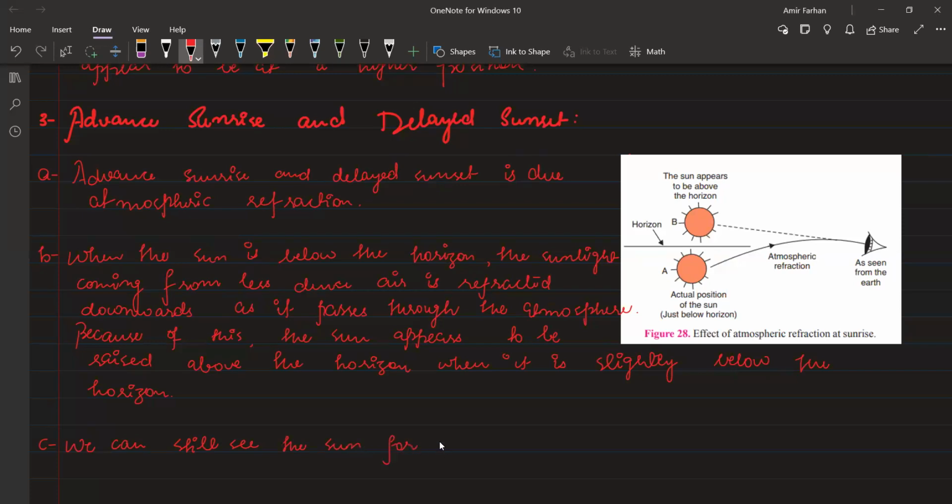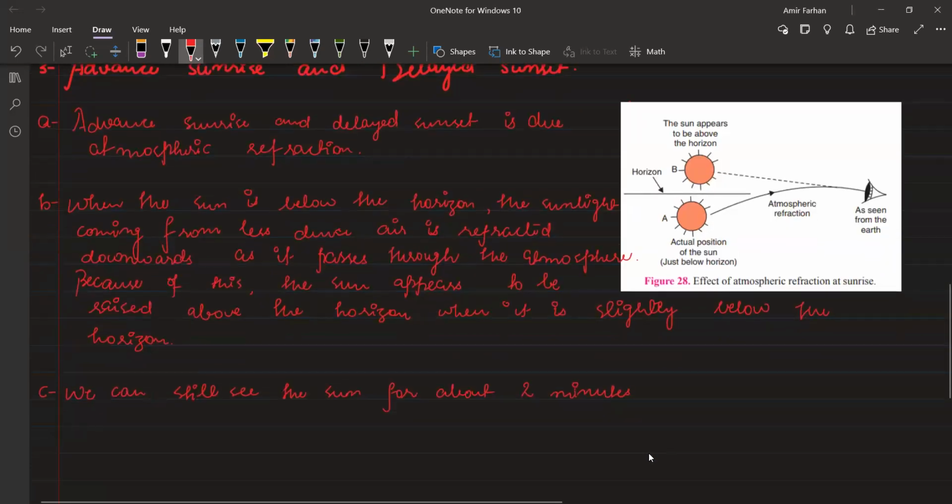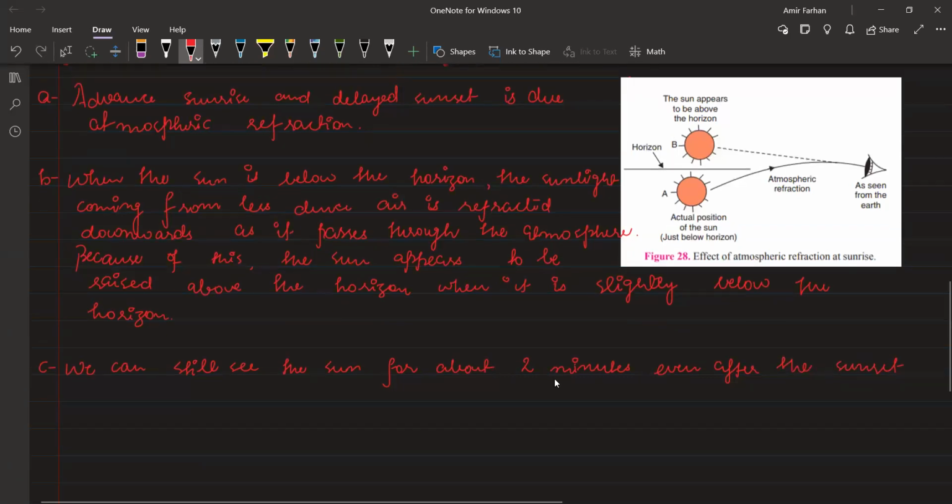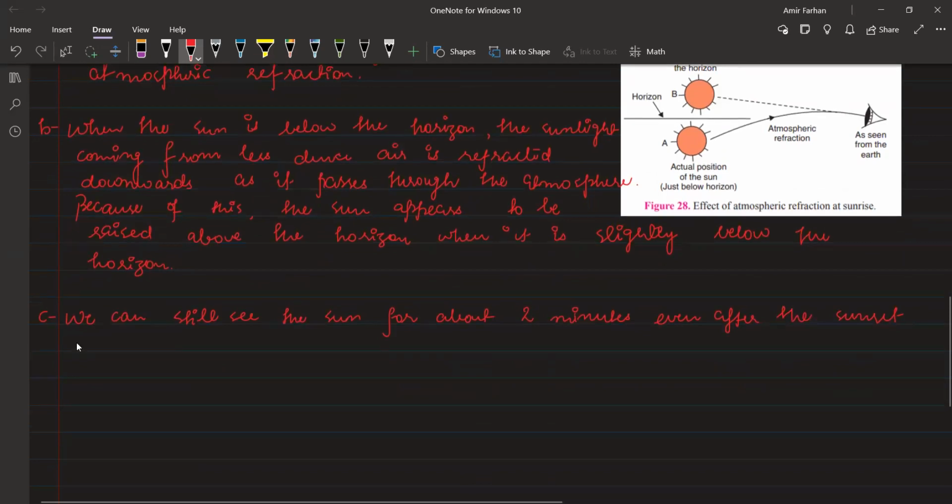for about 2 minutes after and before the sunrise, ठीक है। Yes, sir. 2 minutes after, even after the sunset has set below the horizon. ठीक है। सो आपका जो टाइम होता है, थर्ड फोर्थ पॉइंट, ये थोड़ा सा मैं लिख रहा हूँ